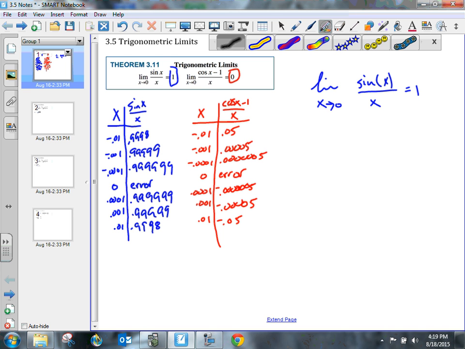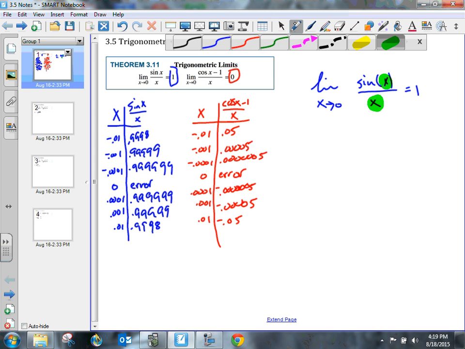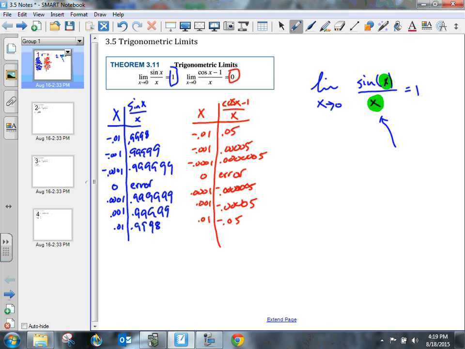Now the important thing is that we might have values like sine of x over x. If these values match, if your angle measure is the same as your denominator,